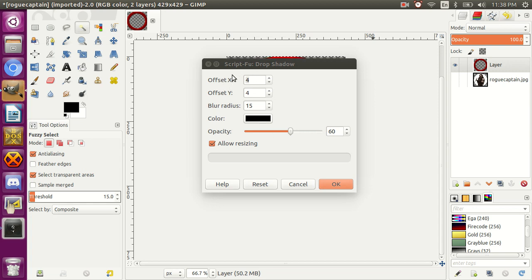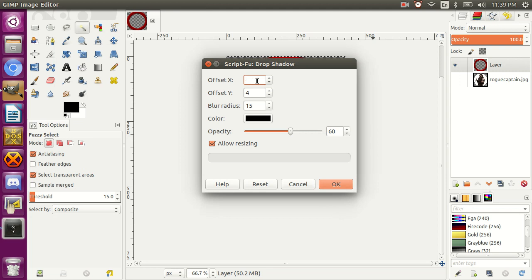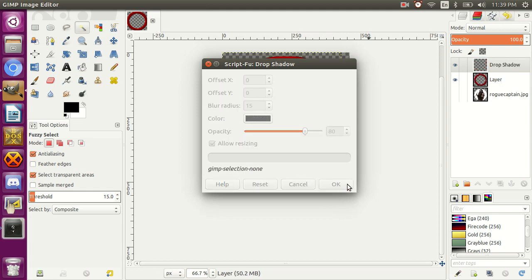So this is your settings. Offset X and Y tells you how far to the left or right of your selection it's going to be. I'll set this to 0, sometimes I'll leave it standard. Doesn't really matter for this. I'm going to boost it up a little bit. Okay,